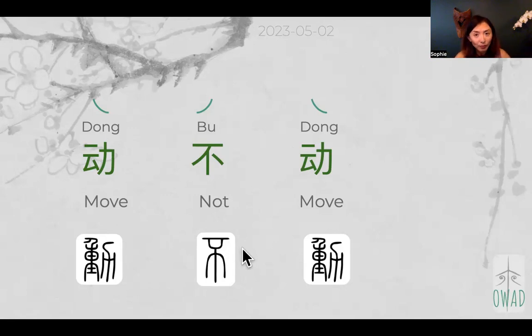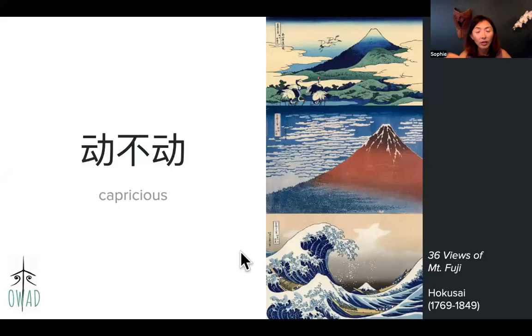So 动不动 actually means capricious, means it's hard to tell. It's really a volatile situation, or it's a lot of uncertainty. It's someone's behavior is like 50-50. You cannot tell what's the next move. It's unpredictable. So to capture this concept of capricious, I picked this series of artwork made almost 200 years ago